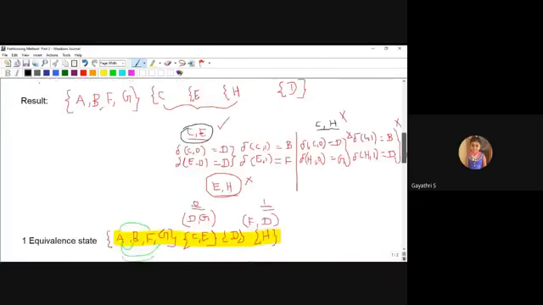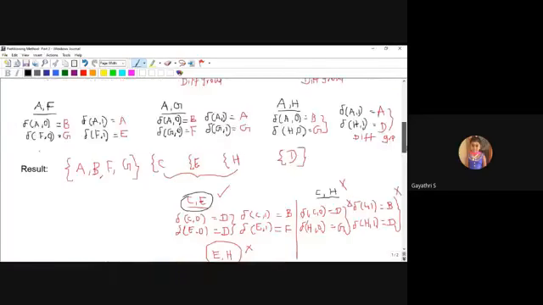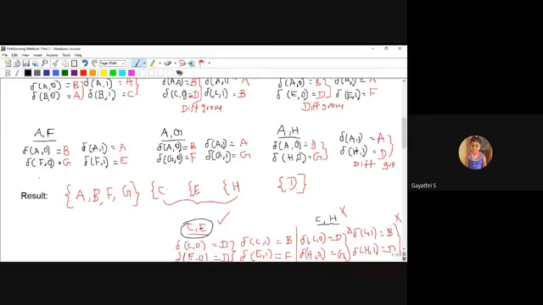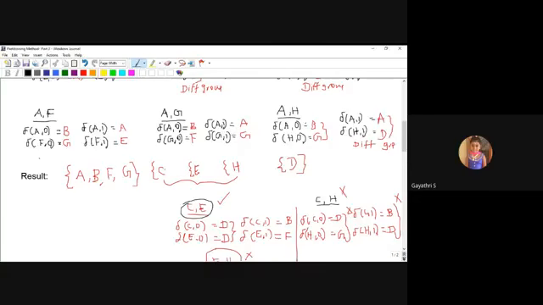Okay, so in one equivalence, if more than one state is eliminated from the existing group, you also check whether there is any possibility within the result. Is there any possibility in one group? So see here C, E, H. These three states are eliminated from the existing group.